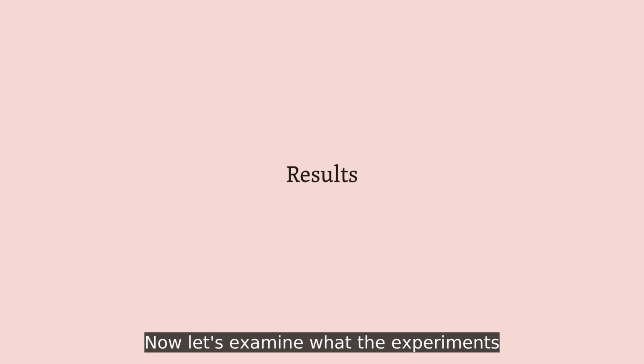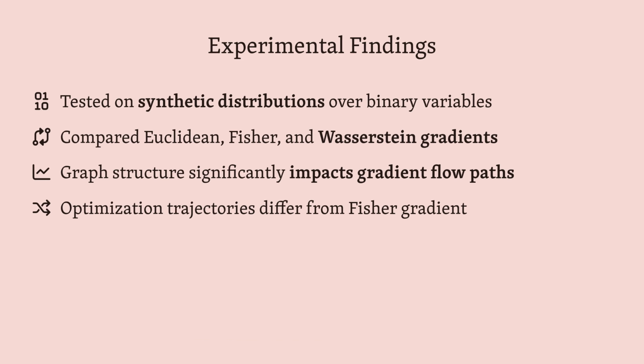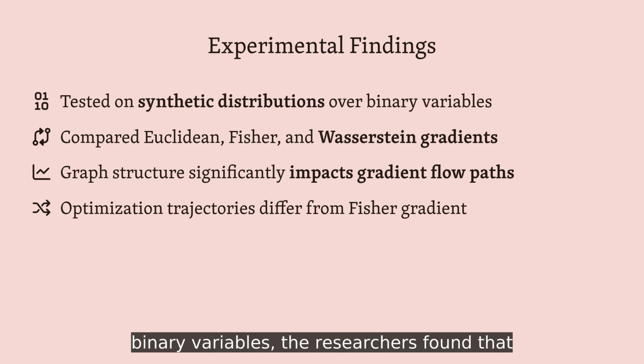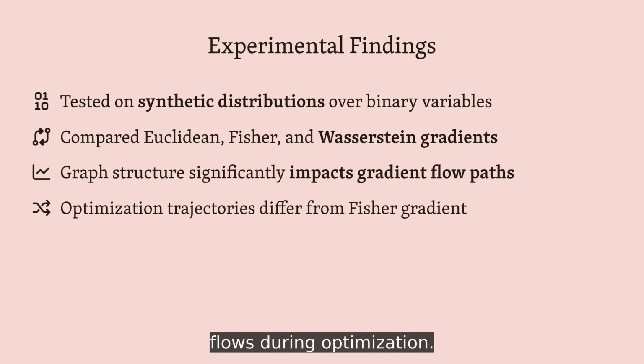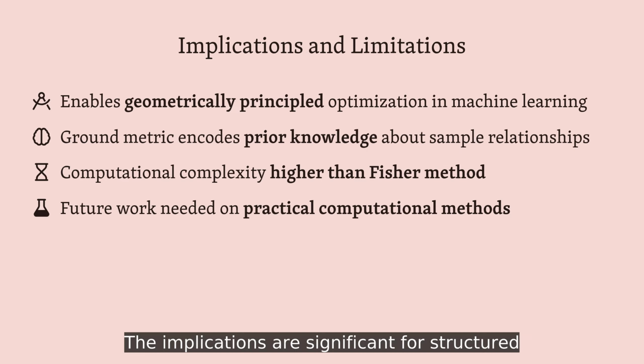Now let's examine what the experiments reveal. In experiments on hierarchical models with binary variables, the researchers found that graph structure matters deeply. The Wasserstein gradient takes qualitatively different paths compared to Fisher gradients, with the specific graph topology determining how probability mass flows during optimization. The implications are significant for structured optimization problems, where you have meaningful prior knowledge about how samples